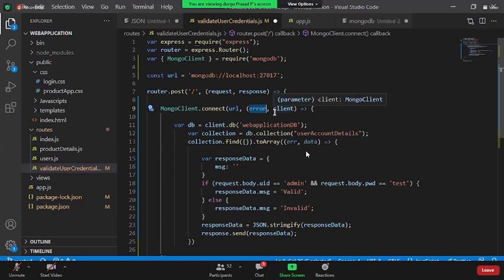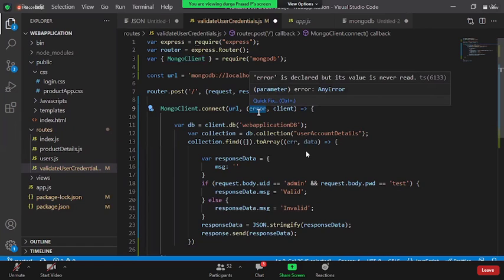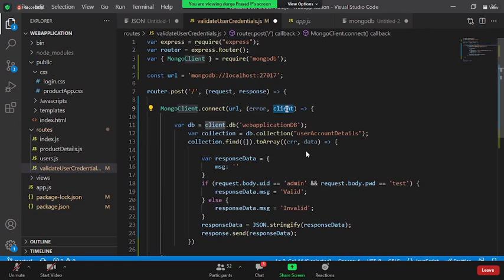two callback parameters. We already know that the speciality of Node.js is that the first parameter is always an error, whereas the second parameter is the success. Error means, what if MongoDB is down or there is some issue with the URL, so the error object will be automatically fired. The second is client. Client object is the reference. Now you got the reference to an existing Mongo database. On the top, client is an object using which you're going to put some query on the database.